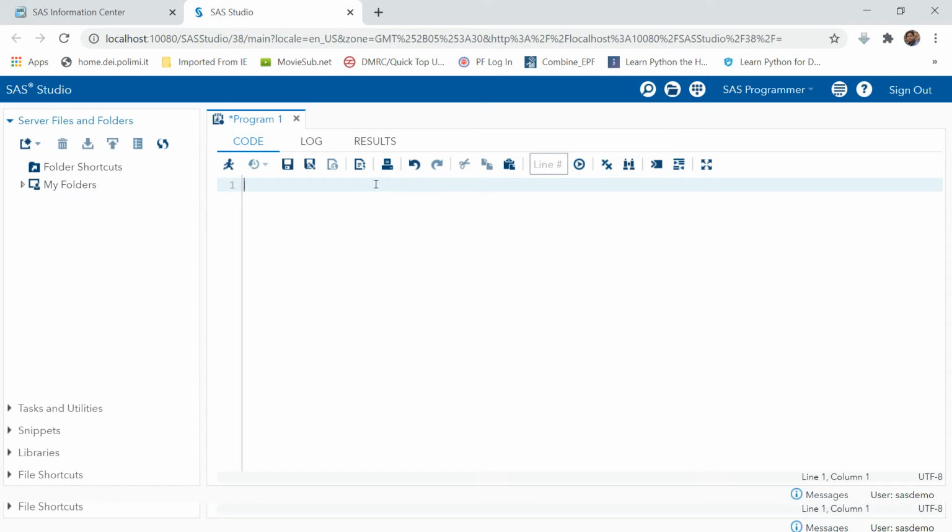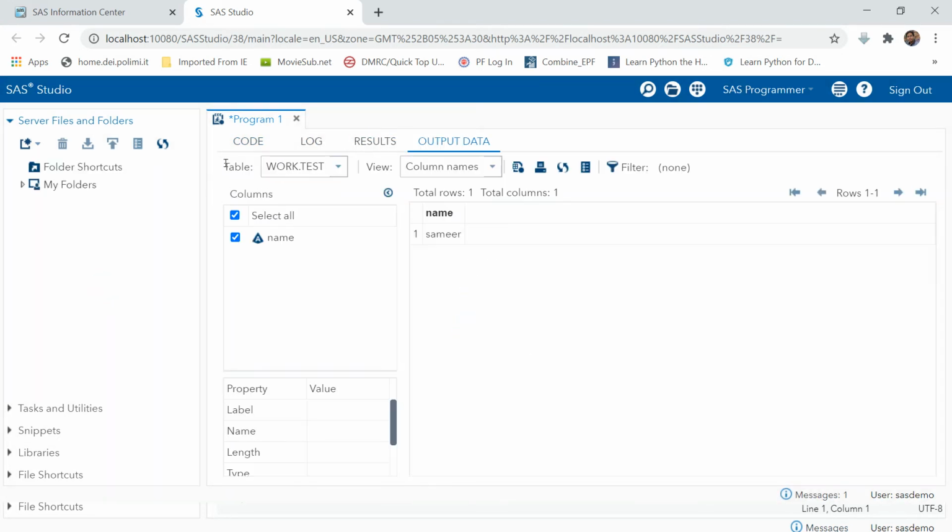Now let's go ahead and type an example program, a simple program, just data test. This is the dataset name. I'll be explaining it in the subsequent videos. Now I will create a variable called name, and I would give a name inside this. All right, and semicolon. Every line should be terminated with a semicolon, and then run. So you can see in the code area we have written code of 3 lines. After writing the code, you come over here and click this button. You can also use F3 as a shortcut.